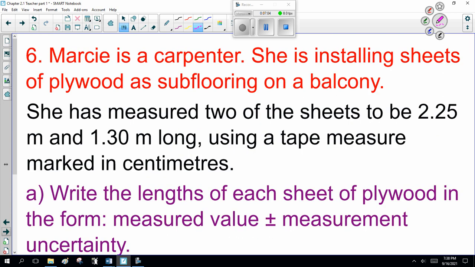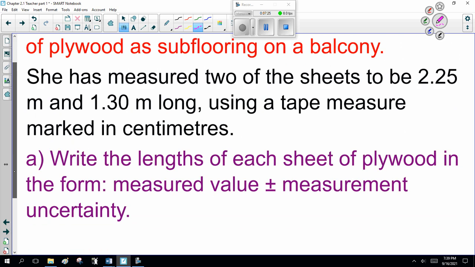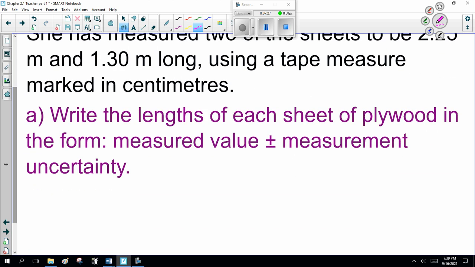For example, Marcy's a carpenter. She's installing sheets of plywood as subroofing on a balcony. She's measured two of the sheets to be 2.25 meters and 1.3 meters long, using a tape measure marked in centimeters. Write the lengths of each sheet of plywood in the form measured value plus or minus measured uncertainty. Okay, well, right off the bat, the uncertainty